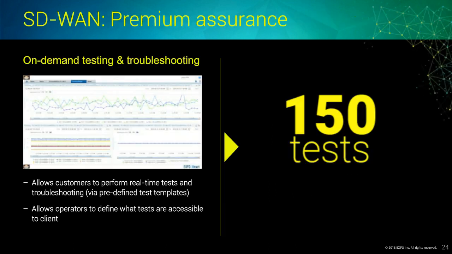I just want to point out that we have a very large suite of tests that does this intelligent active testing, which covers from layer 2 to layer 7. That really enables the customers to have a large possibility of monitoring the network, not just connectivity, but also other aspects that are very important to the customer service, like reachability to services, and responsiveness and resiliency of the components that are part of the service.